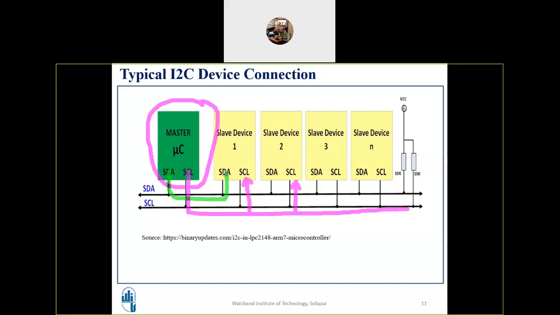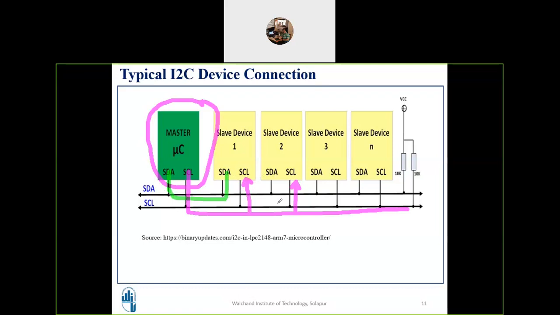And let us say the slave is communicating with the master, in that case this pin will be output. So that's why, remember earlier we have discussed that the pins are bidirectional, so that SDA and SCL pins are bidirectional. So this is how you can have the interface. So see how simple it is, only two lines are there and whatever devices. So this is called as I2C bus, which has got two lines.